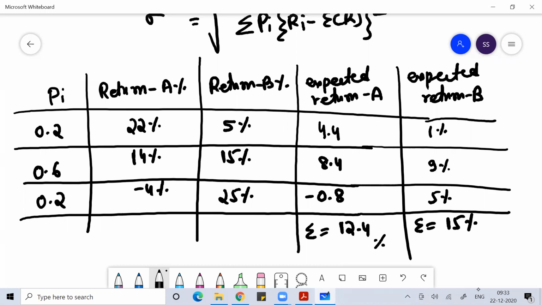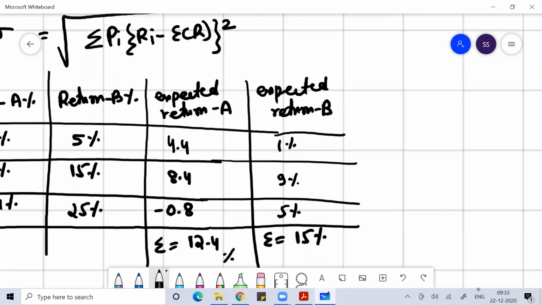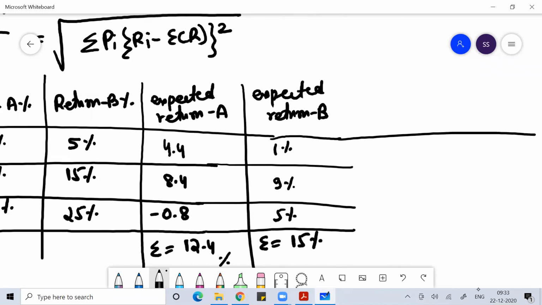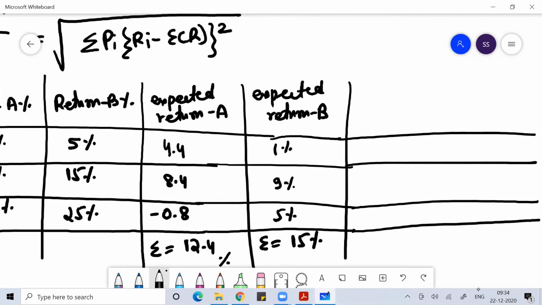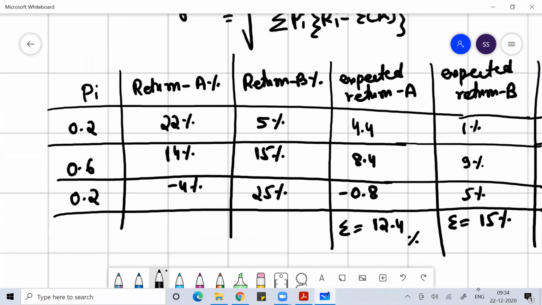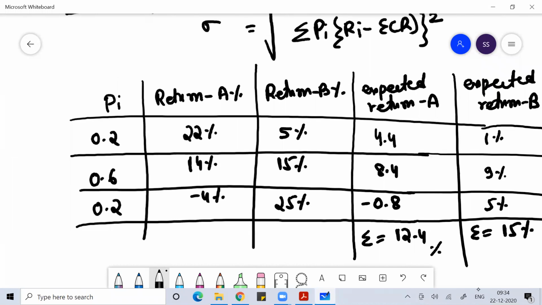Let me know if any calculation mistake happens, anything like that, just let me know. Once we are done with this, then